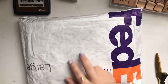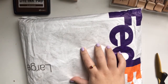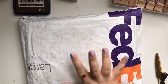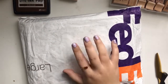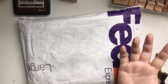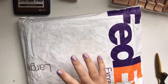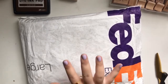A couple days before they finally sent it out, I sent them a message saying that I don't want this anymore, and I had checked their return or refund policy. It looks like once you receive it and send it back to them, they're gonna inspect everything and make sure everything is okay, and then they will give the money back to you. So before they sent this out, I just wanted to cancel the order, but I didn't request to cancel. I just asked them if it's possible to cancel, because I understand